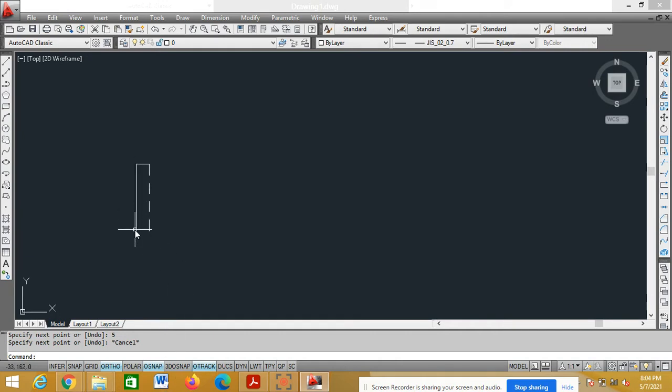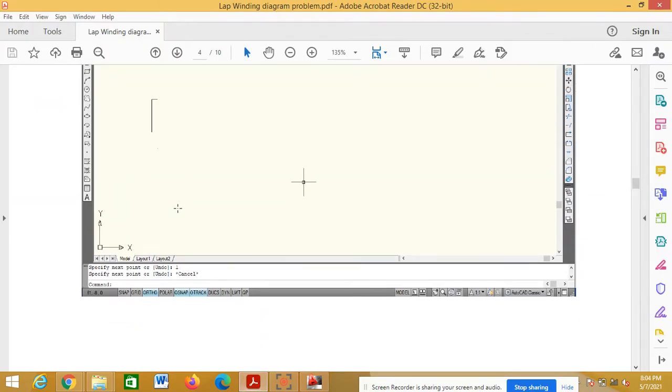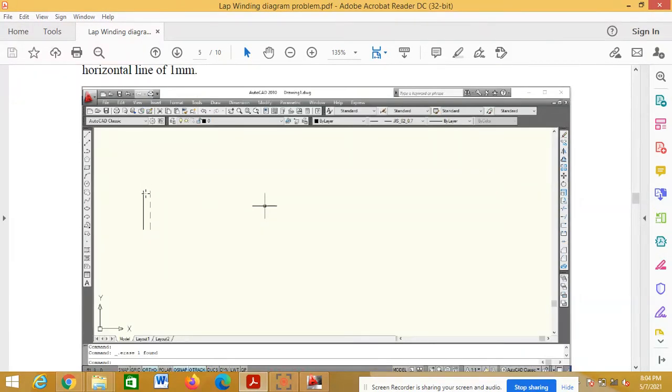First line is a 5 mm dark line, second line is a 5 mm dotted line. Top conductor, dotted conductor. Now select this horizontal line, press the delete button on the keyboard. So I have got two conductors. One is the top conductor, another is the dotted conductor.